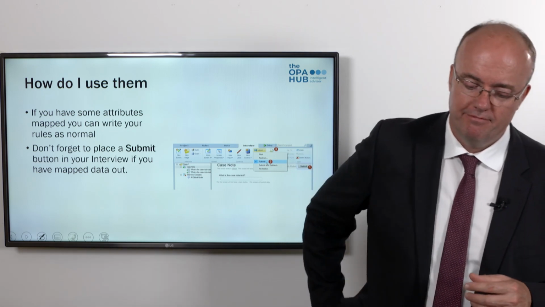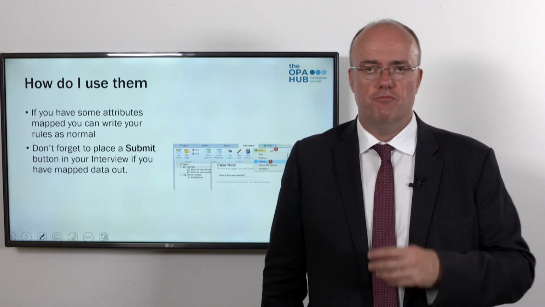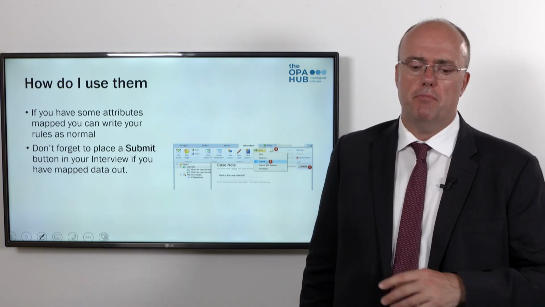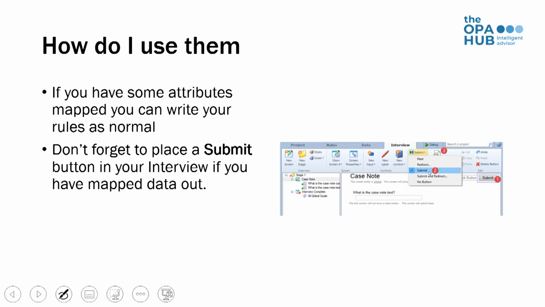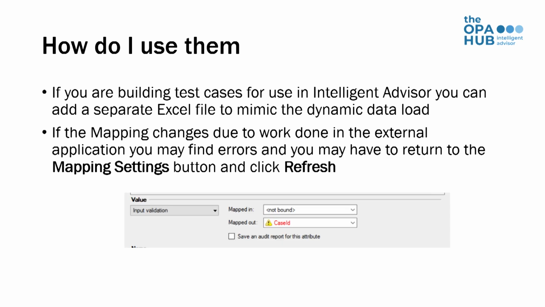So, done. You've made the mapping, you've mapped the attributes, you've added your submit button. After that, you write your rules as normal. You focus on the policy model and the policy rules as normal. Because your policy model will evolve, it's also